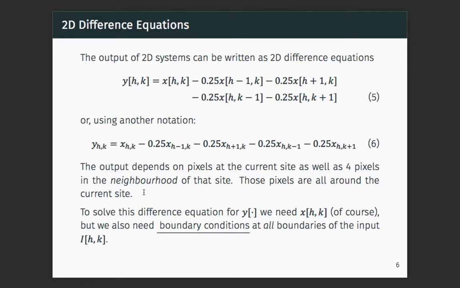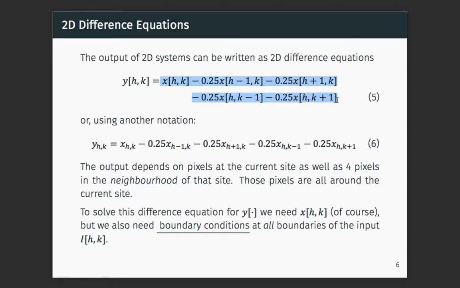So, some notation on how we're going to denote the systems. You have two types of notation that we'll use, depending on which one is more compact. The first one is the following, with access to the tables indexed by square brackets. So in this case, the output of my system is a linear combination